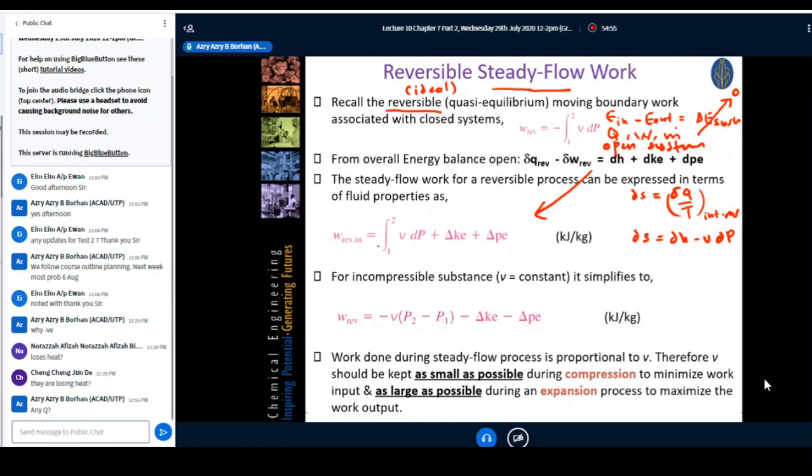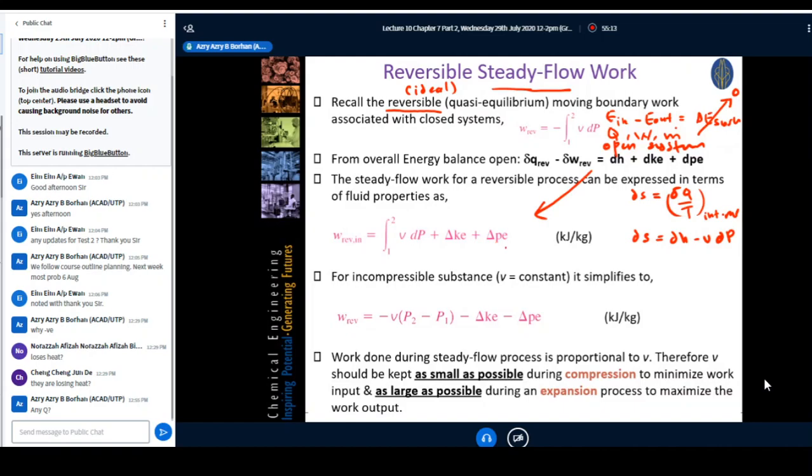In the end of the day you have this expression, right? W reversible equals the integration of V times delta P